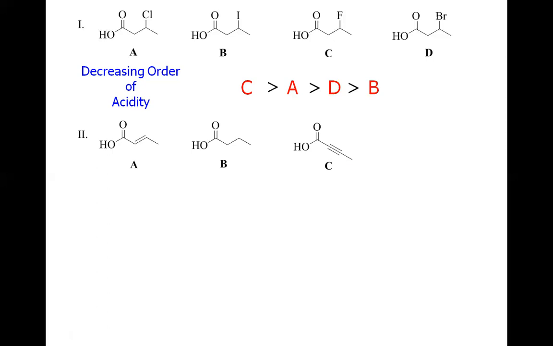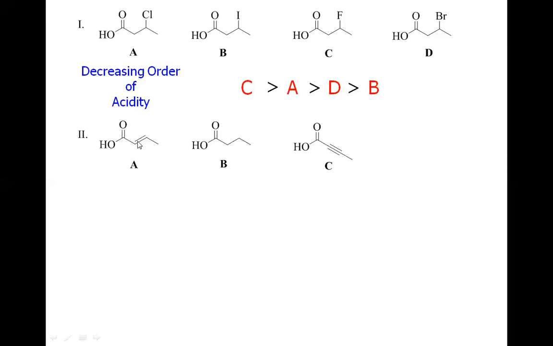You already know that the double bonded carbons are sp2 hybridized, these two carbons are sp3 hybridized, and these two carbons, this carbon and this carbon, are sp hybridized because triple bonded species have sp hybridization. With sp hybridization, we have 50% character of S,